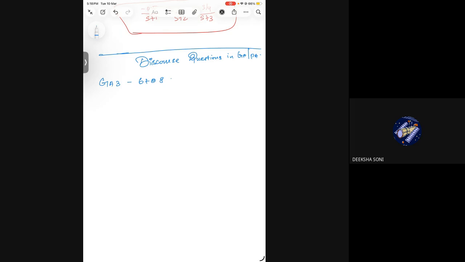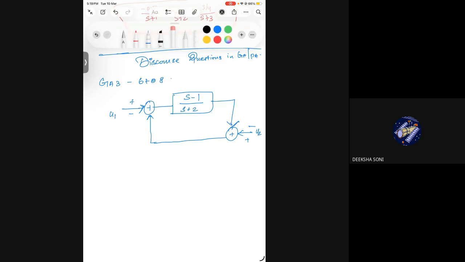This is a little typical problem where, if you use the logic properly, it is very simple. So there is a summation, and this is the forward path s plus 2. This is another summation. This is U2. There is another thing here, 1 by s minus 1. Okay, fine. So in general, how we used to think is, if I have a system